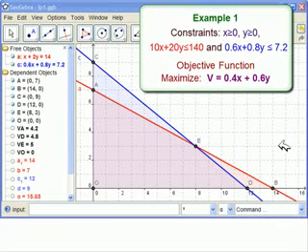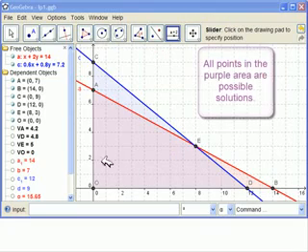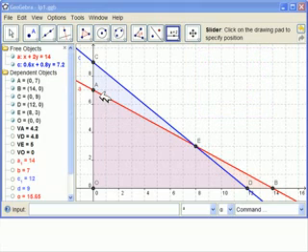So here is our GeoGebra solution to example 1. This purple region represents all the possible solutions to the problem, and we have found that the intersection points were A, E, D, and O, and tested our objective function for those 4 points. We found the maximum was 5 at E, and now we want to do a little bit more exploring with